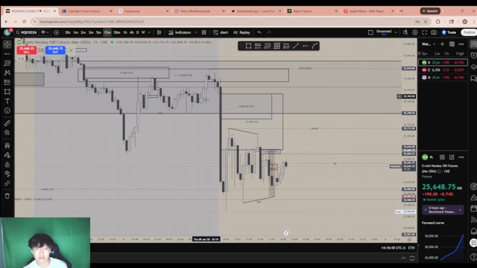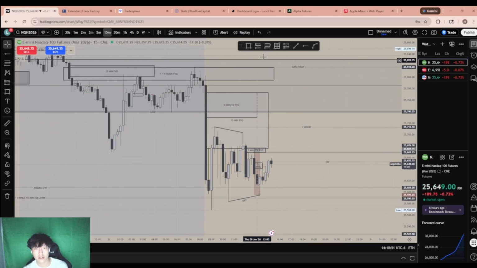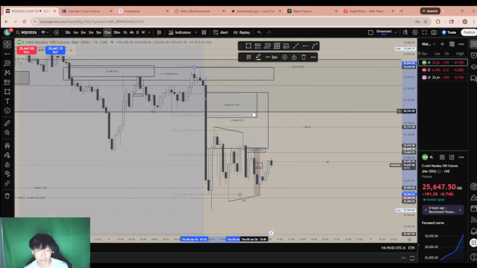It's not the cleanest down leg right here. But if you see my 5 minute fair value gap and this 15-minute fair value gap, you could do it from the data high right here to the bottom of this one. And the 0.62 mark lines up pretty much perfectly with this 5 minute fair value gap, right? You want to dig into this 15-minute, hit this first presented unmitigated 5 minute fair value gap, and then you want to see a strong reversal out of it for a continuation model, which is literally what I trade 75% of the time probably. Otherwise I'm using breaker blocks or reversals.